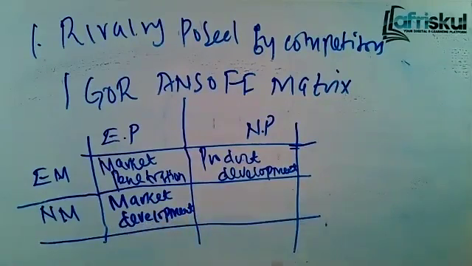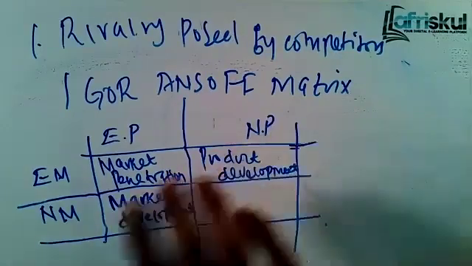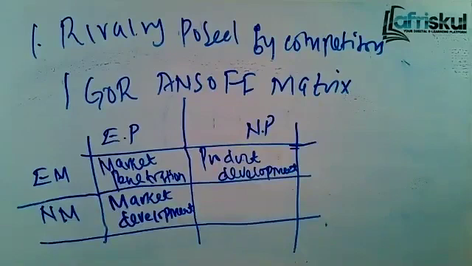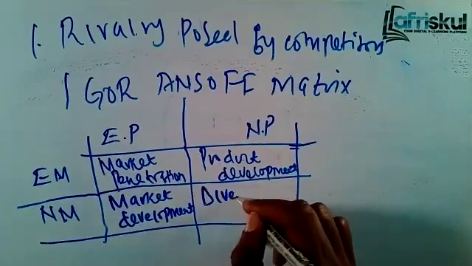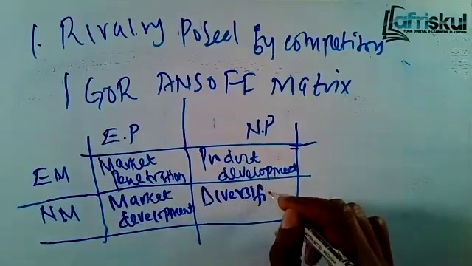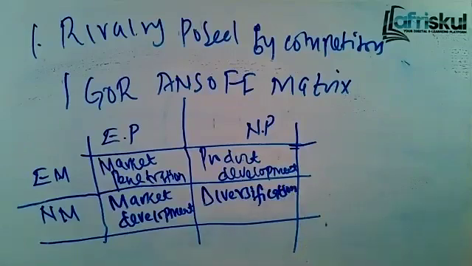And now we can also take our new product in a new market. We develop a totally new product for new markets. That's what we call diversification. So those are the 4 strategies according to Igor Ansoff. You can do market penetration, market development, product development, and diversification.